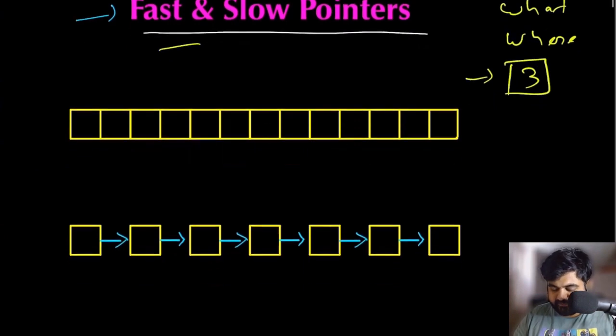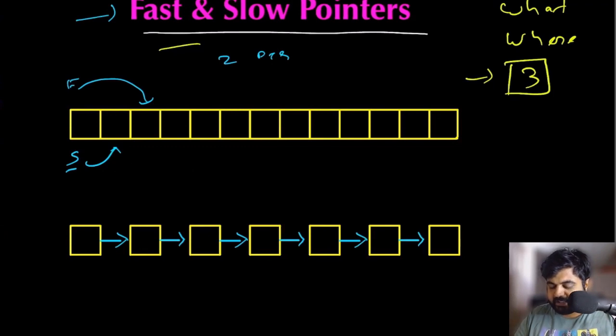As the name suggests, we are going to use two different pointers. First one is going to be a fast pointer and second one is going to be the slow pointer. They both are going to start at the same time, but there is one key difference, and the key difference is that the fast pointer is going to take multiple jumps. It can be like 2 jumps, 3 jumps, 4 jumps, something like that. Meanwhile, the slower pointer is only going to take one jump every single iteration. So the slower pointer is going to move in the conventional manner of the way we move pointers.